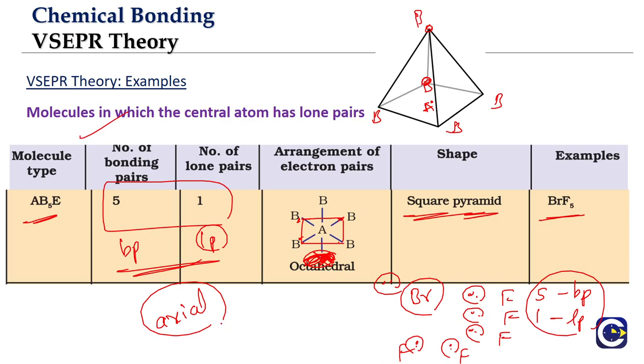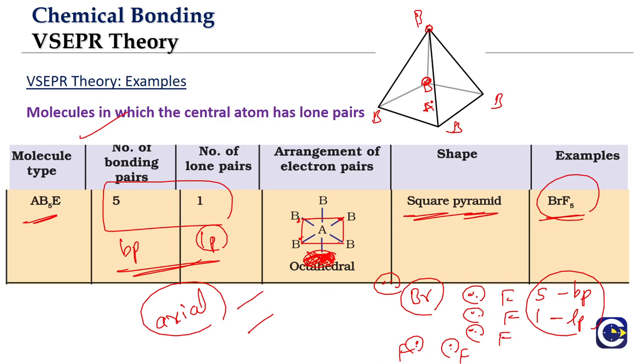Now in any example, whenever a molecule is given, like say they are giving us BrF5 and then asking what will be the shape of BrF5, what we need to do? We need to first find the number of bond pairs of electrons and the number of lone pairs of electrons on the central atom, and then using the total number of electrons we will first go for the geometry. What is the arrangement? Once we give the geometry, by of course looking at the special rules where the lone pairs will go, once we fix that, then just cover up the lone pair positions, because you cannot see them. The remaining part is what is going to give us the shape.